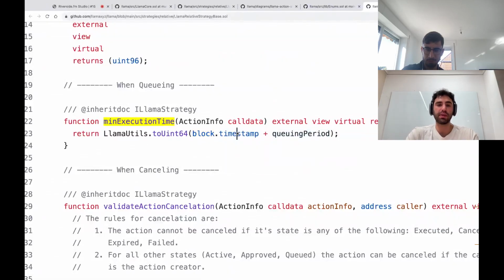You add in the queuing period, which, let's say it's 7 days. And so then we know the min execution time, the starting point for when an action can be executed, is 7 days from now, and now being when the action is queued. And so if we didn't have this check, then we wouldn't have a way to ensure that an action is only being executed when the queuing period has actually passed. Okay.